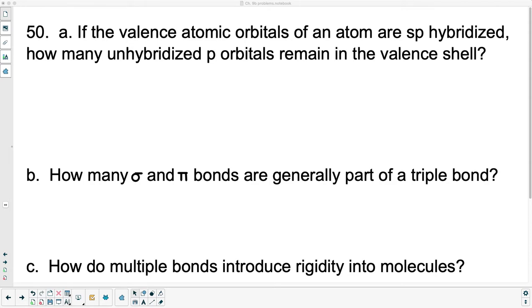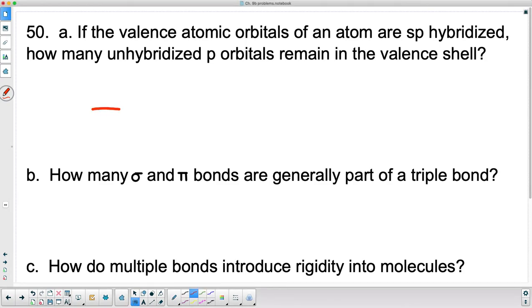Let's take a look. If the valence atomic orbitals of an atom are sp hybridized, how many unhybridized p orbitals are remaining in the valence shell? Okay, so this is actually pretty easy. When we talk about s, whether it's 2s, and then you have 2p,